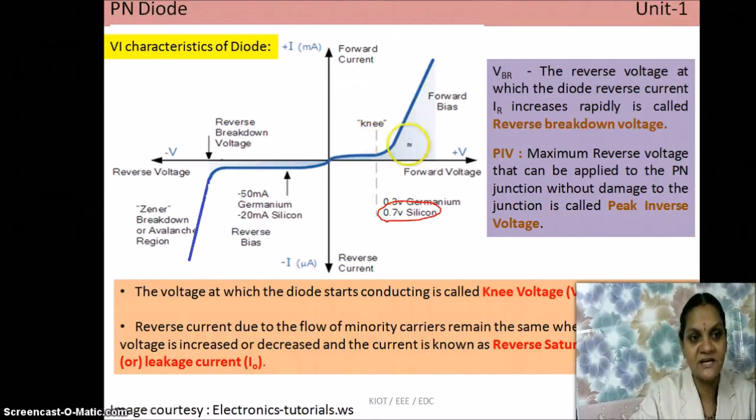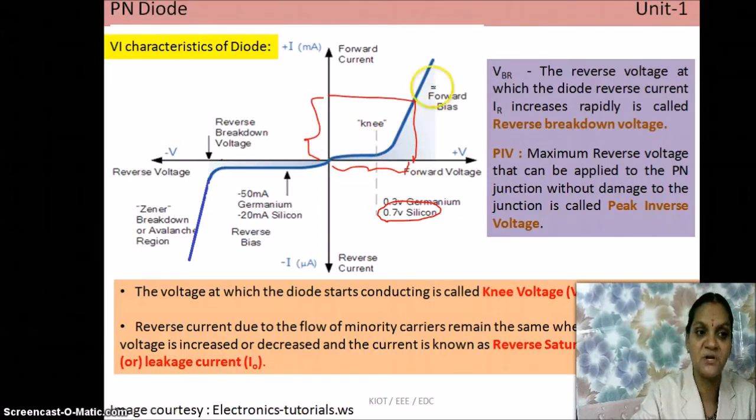So this is the current. At this instant of time, this is the voltage. And what is the current? Extend this line to touch the characteristics, and from that touching point draw a line horizontally, and this represents the current magnitude. So at this particular value of voltage, this is the current magnitude. So when you increase the voltage, the current also starts to increase exponentially.